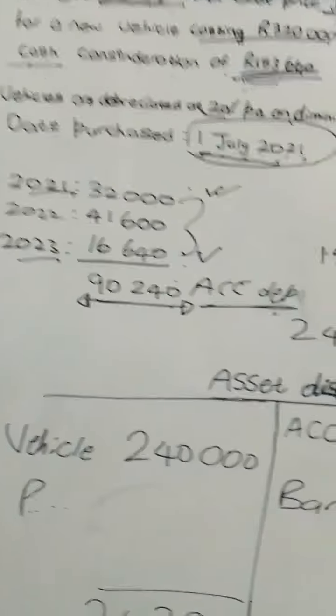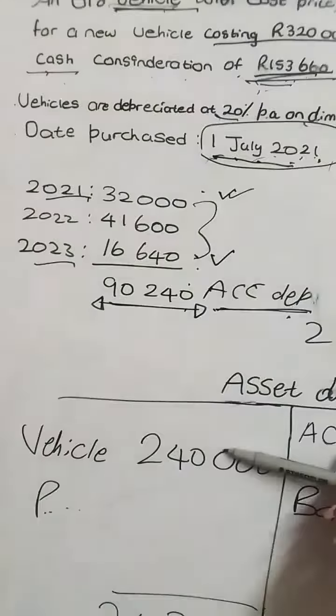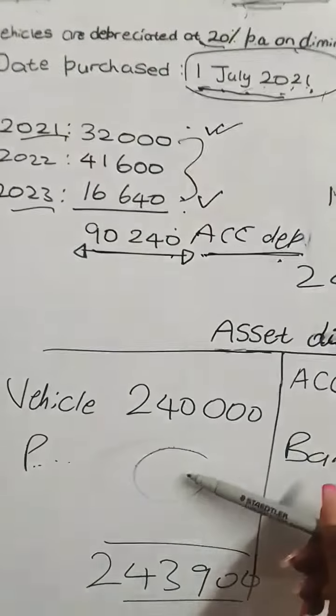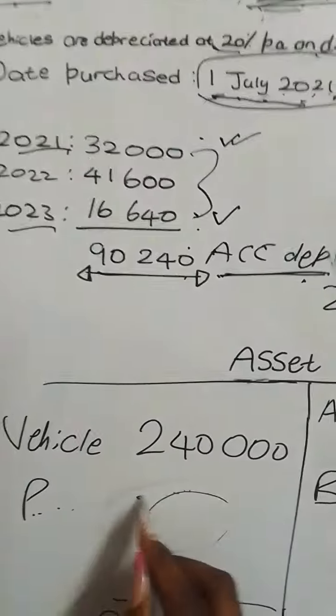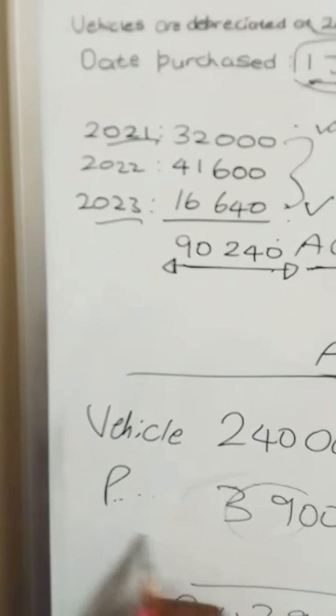And then you can see now that, okay, let's say we didn't calculate this one. So you can see now that since this is a bigger side, if you say this plus this, you get this amount. If you say this, you don't get this amount. So you have to say this minus this to get the amount which is missing here, right? So if you say this minus this, you're going to get what? Your 3,900. And because your balancing figure is on this side, then you made a profit. This profit on sale will go away